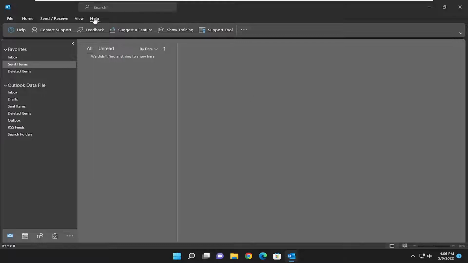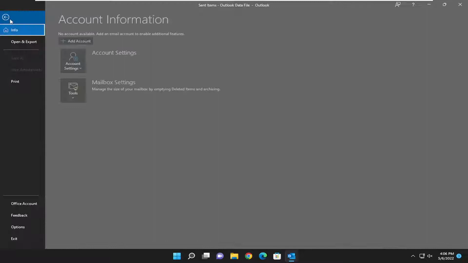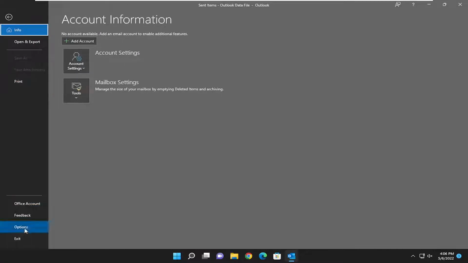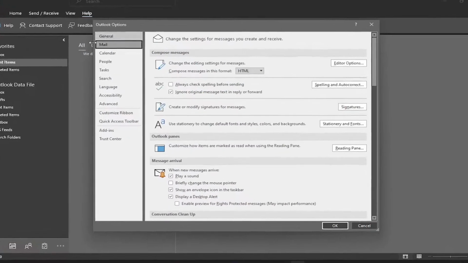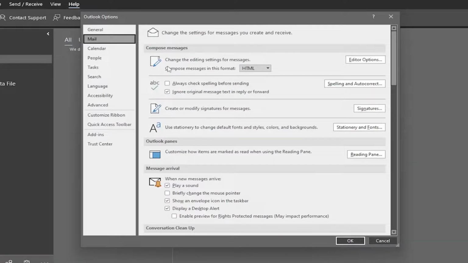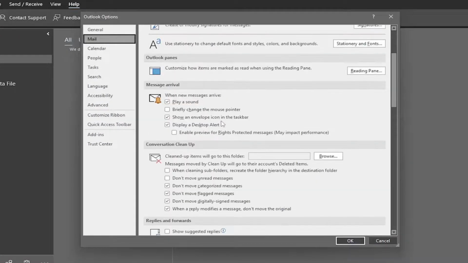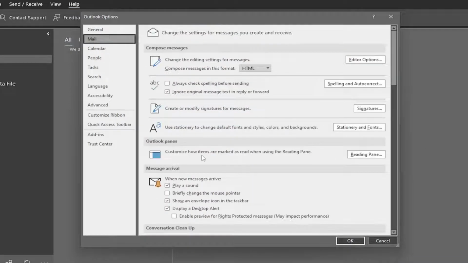So all you have to do is select the File tab up at the top left, and then go down and select Options on the left panel. Select Mail on the left side. And now on the right side, you want to scroll down. On the right side where it says Outlook panes, customize how items are marked as read when using the reading